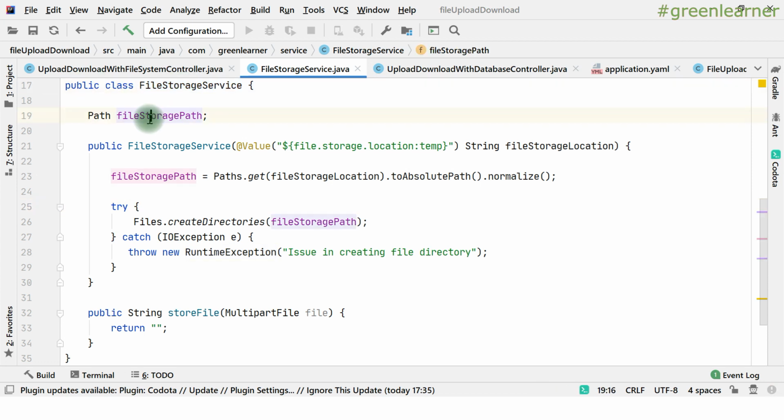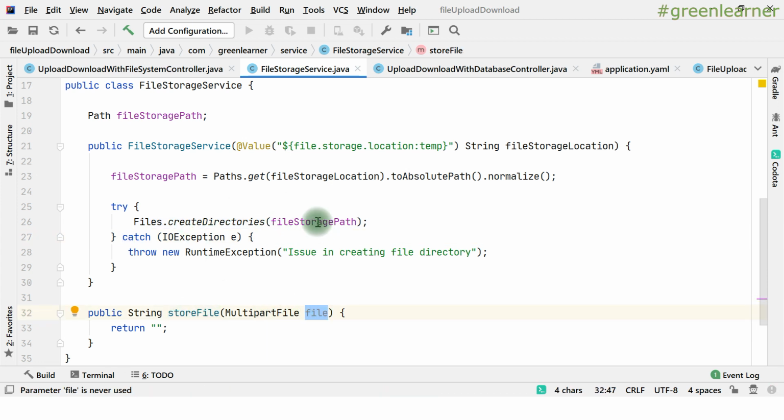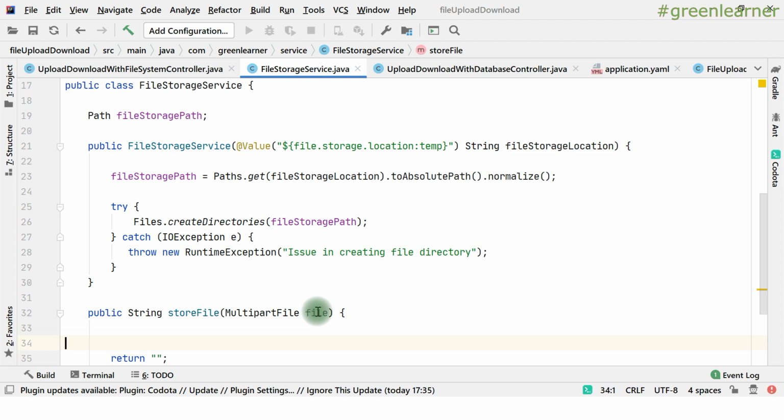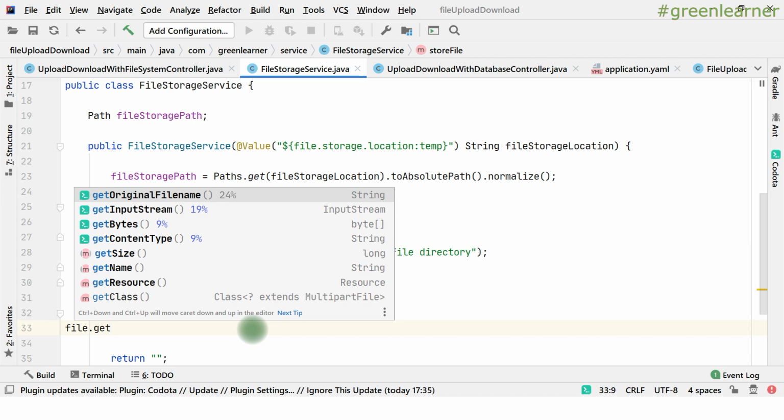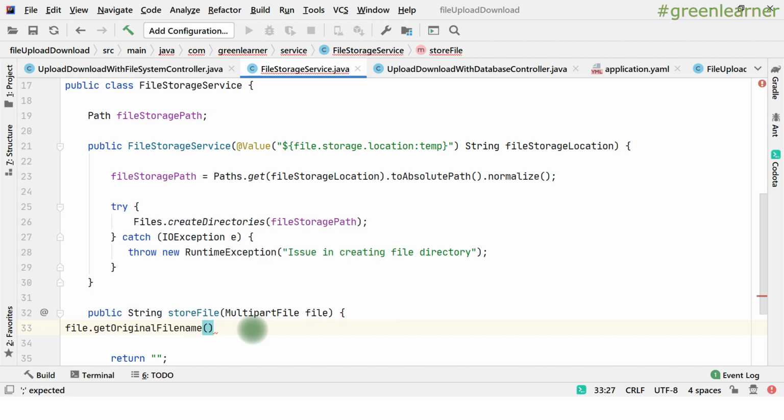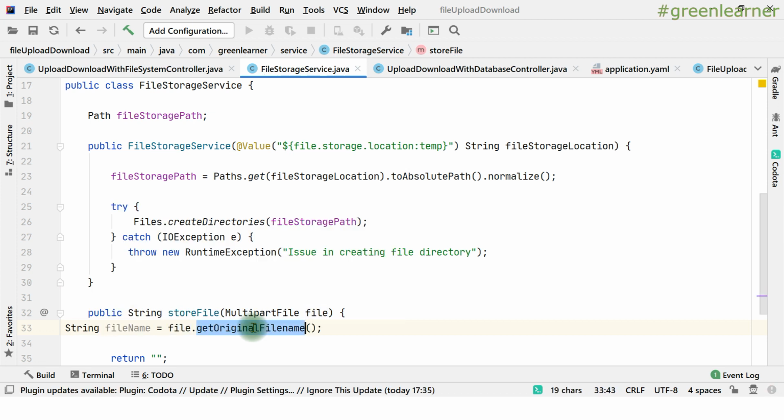We have this folder location, and this is created. Now we have to store the file into this directory, right? So let's derive the file name from this file, file.getOriginalFilename. Sometimes in naming we have different characters, right?